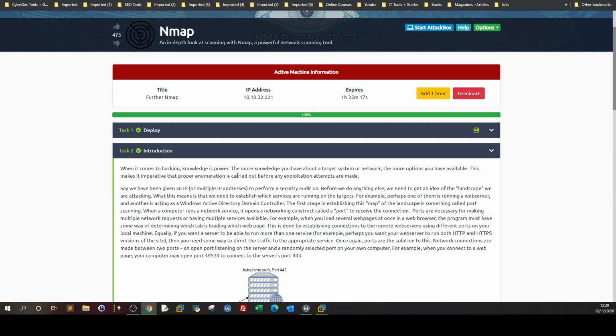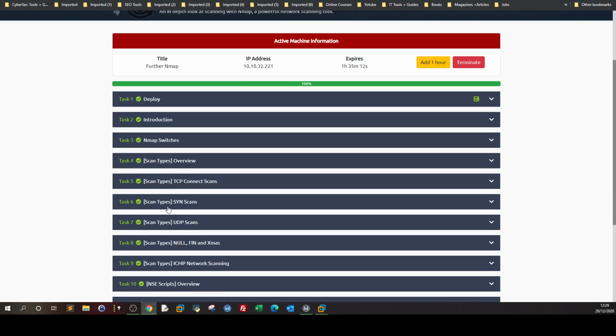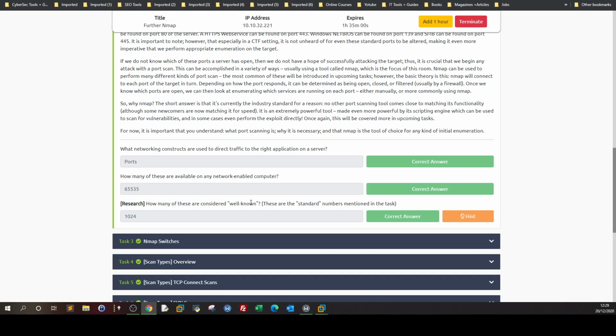Deployed, introduction. Now, of course, we can read through every task and answer the question, but some questions are not very clear, so we're going to answer them. And of course, you can read the explanations of every task yourself, but we're going to explain it briefly while we answer the questions. The first one: what networking constructs are used to direct traffic to the right application on